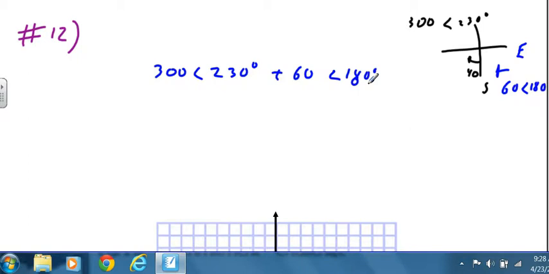I'm going to put the mode of my calculator in. I have a choice between real and A plus BI. I'm going to put it in R angle theta mode, which is a polar mode on my calculator, so my answer is going to come out in R angle theta. Then I'm going to put in 300, second function complex, 1 for an angle, 230. And then plus 60, second function complex, 1 for the angle, 180. Hit the enter button, and my calculator is going to tell me that the answer is